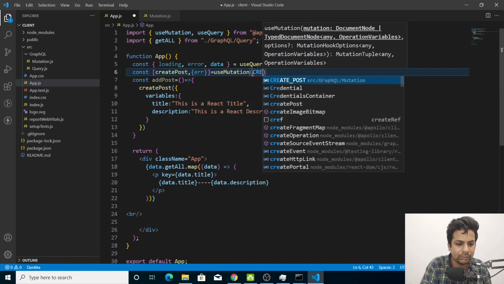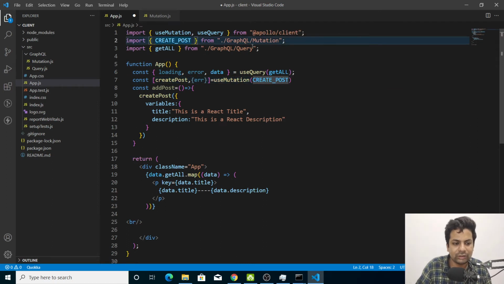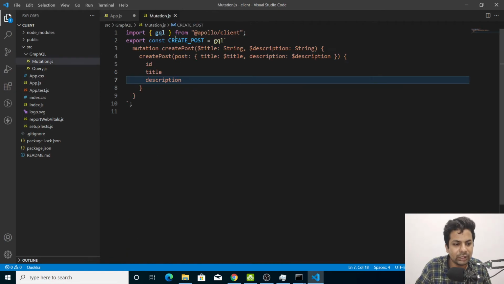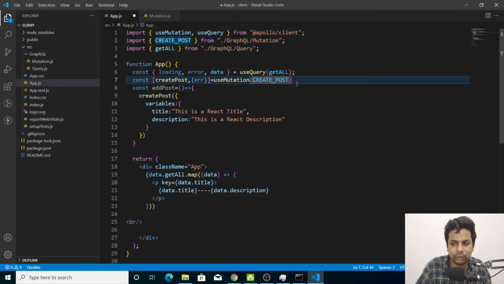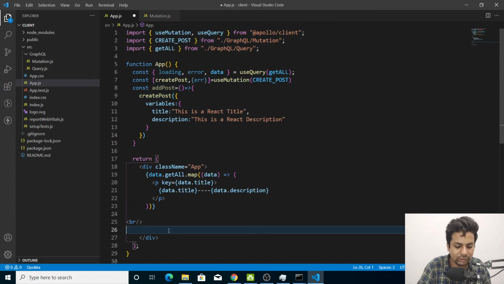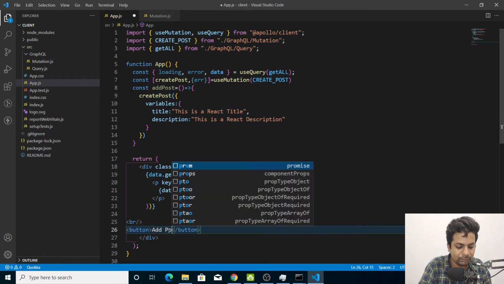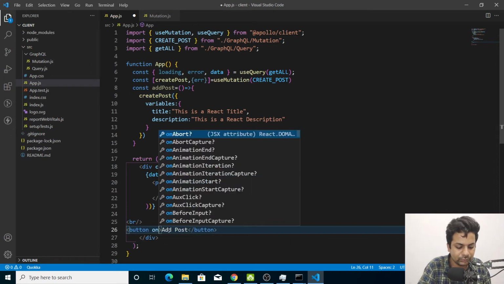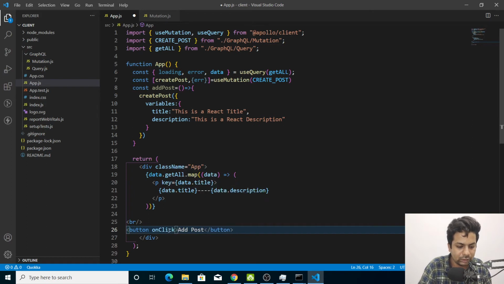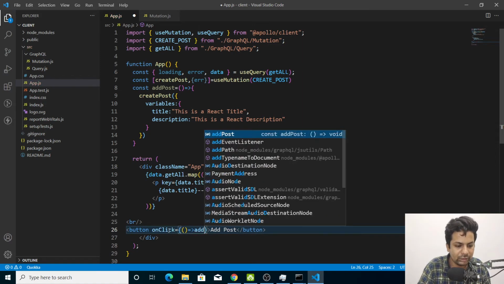We have not imported createPost, but it automatically got imported, see, import createPost from GraphQL mutation. So on button click we'll just send this data. Okay, so here we'll say button, add post, and here we'll say on click, and we'll call the function named addPost.